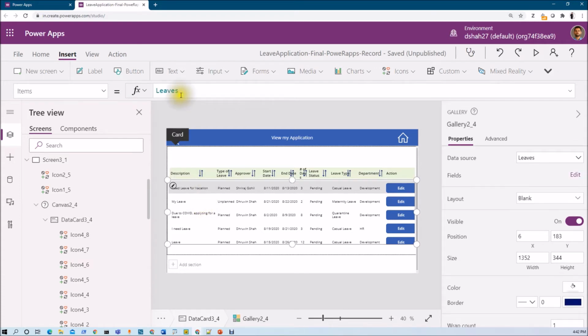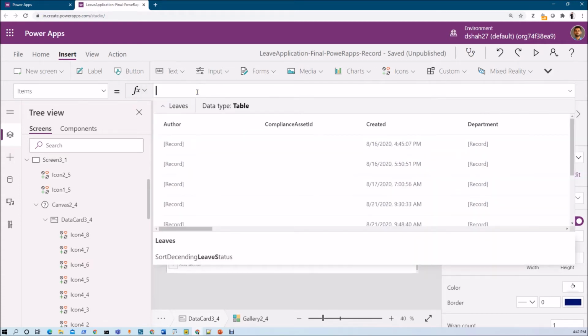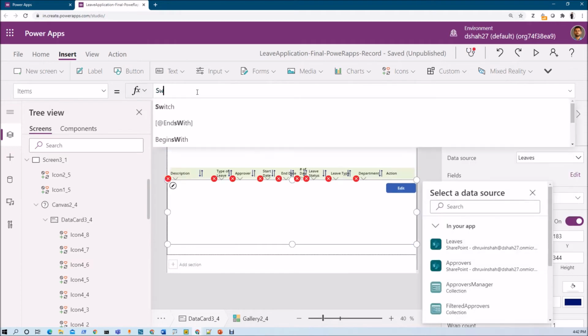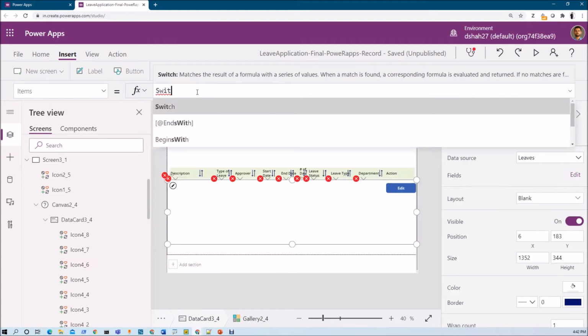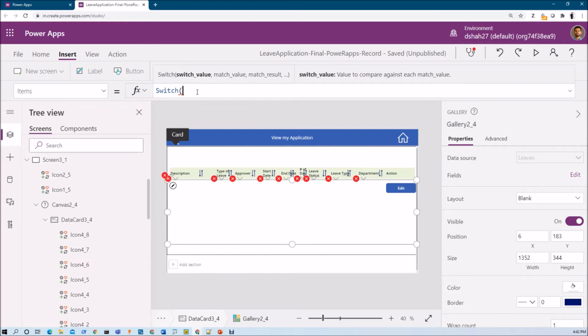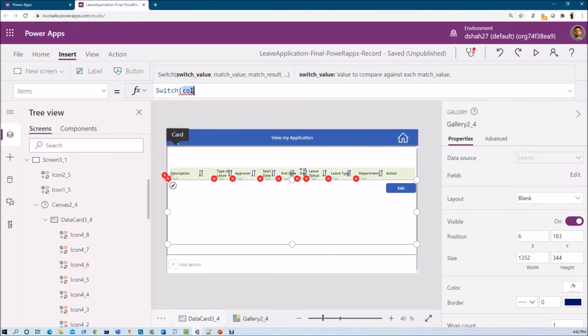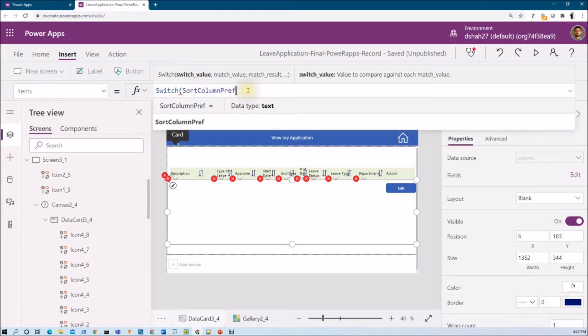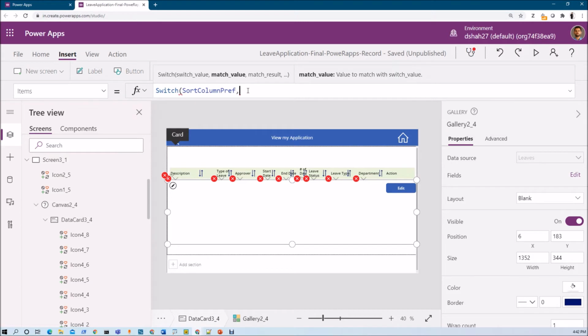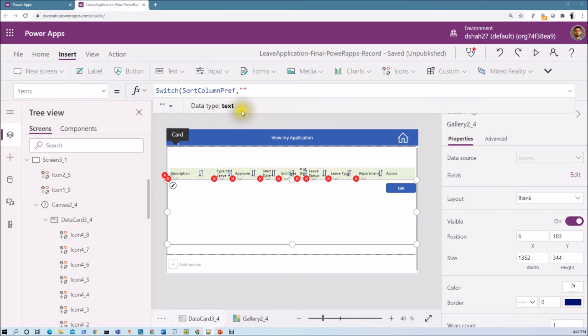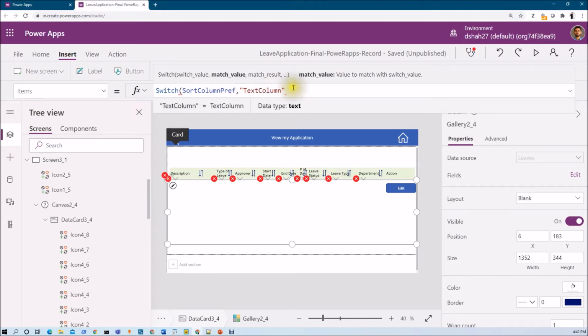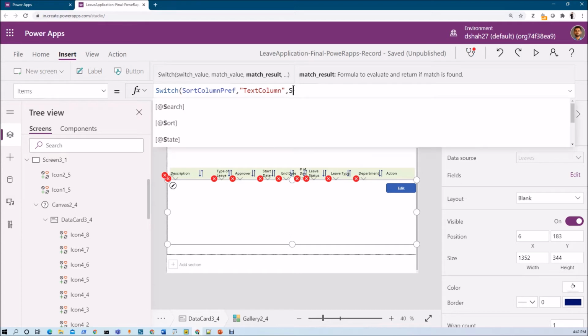So now this is the leaves list. Now let me remove that, and let me add the switch variable first. In the switch, first of all we will talk about column preference over there. So first of all we will add a code like this. Inside the switch we will check what the sort column preference is. Now if the sort column preference is a text column, then what should happen? We need to use the function sort by columns,